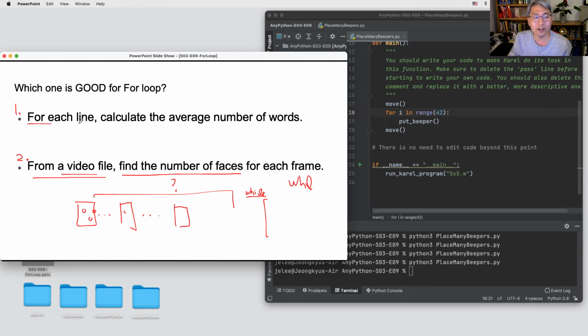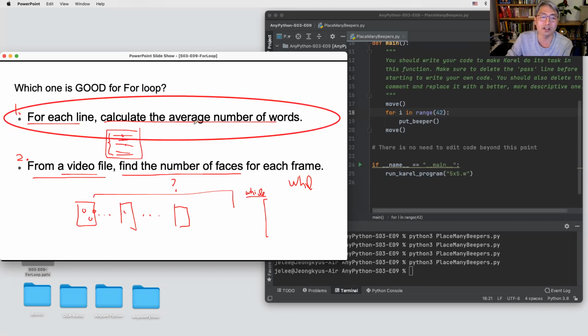But for each line of the file, we have the file over here, with a number of lines. So we can just check the number of lines, for each line. Then we can calculate the average number of words for each line. Because we know the number of lines, we can calculate the average number of words.